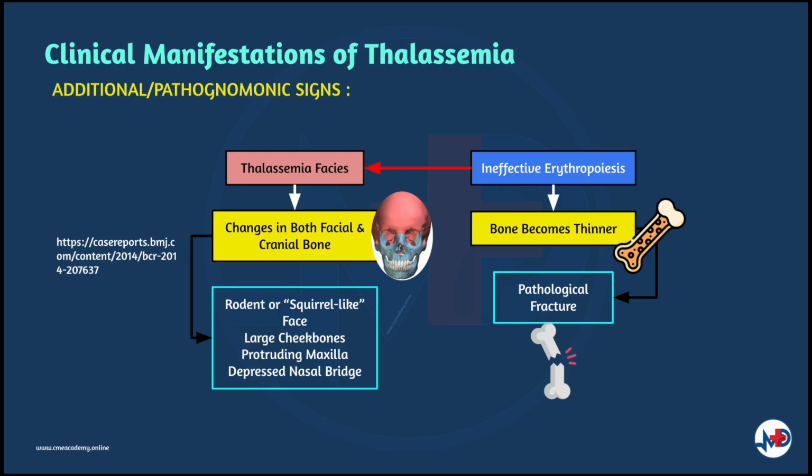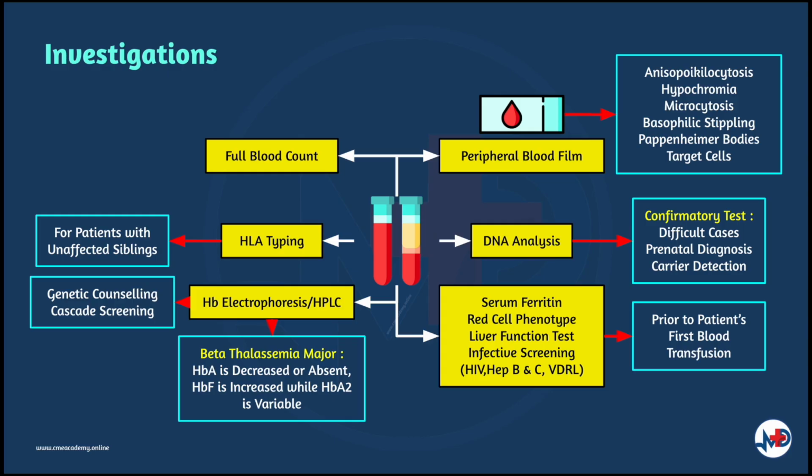This, on the other hand, is characterized as prominent frontal and parietal bones, a collapsed nasal bridge, depression of the zygomaticus, and upward slanted eyes. Investigations-wise, there are a few baseline tests that can be done for all new thalassemia patients. This includes full blood count, where in typical cases, the hemoglobin values would be less than 7 grams per deciliter,